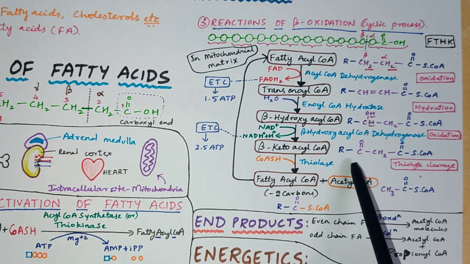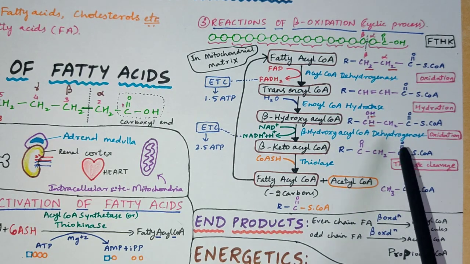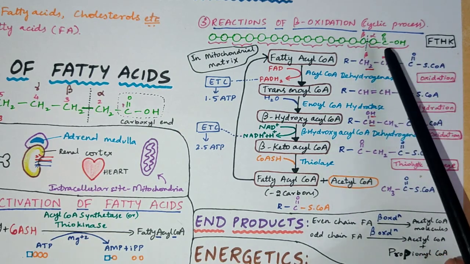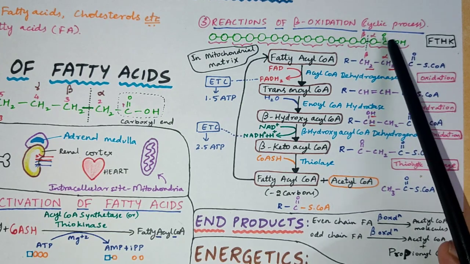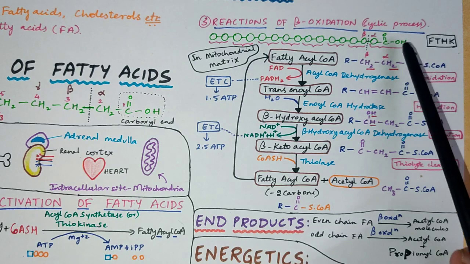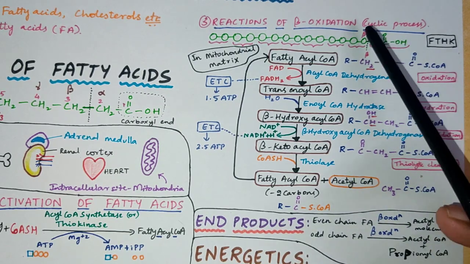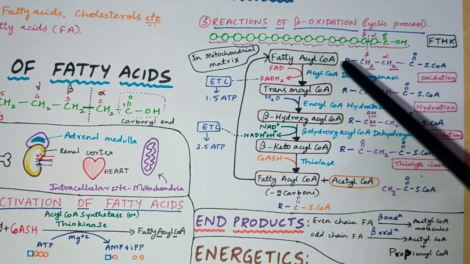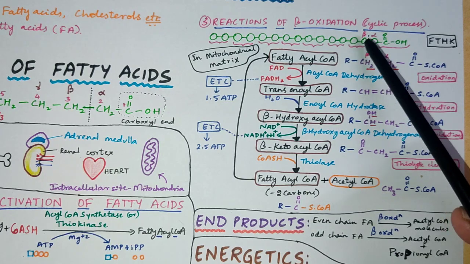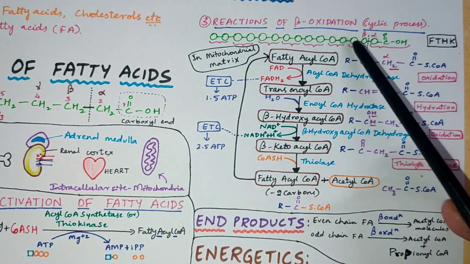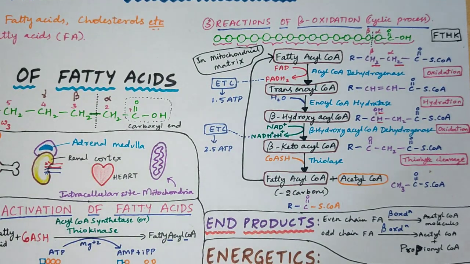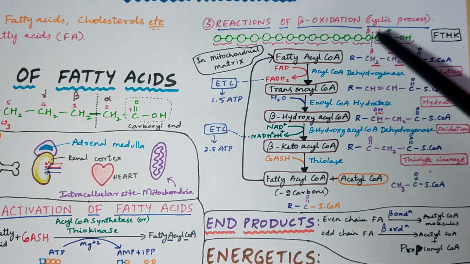When we break this structure into 2 parts, the compound with two carbons will be separated from the main chain. We can see it here. This carboxylic group and alpha carbon, these two separate as acetyl-CoA. Then this main structure will be there, no? This again enters the cycle. In the next cycle, these two carbons will be eliminated from the cycle. In the same way, in the next cycle, these two will be eliminated and so on. So now we know the story of this metabolism and we have an overview of it. Now let's dive into the topic in detail.